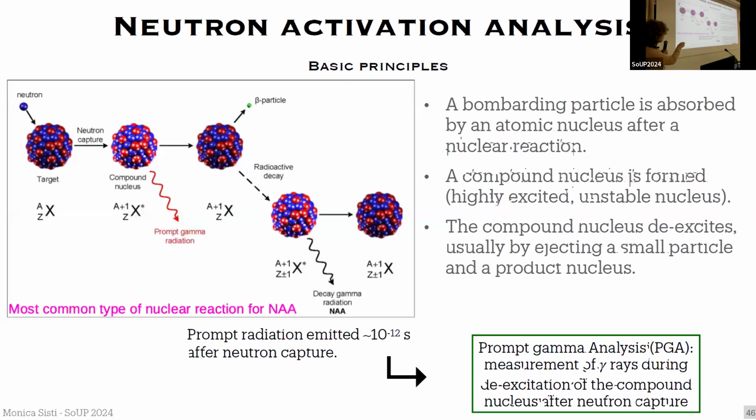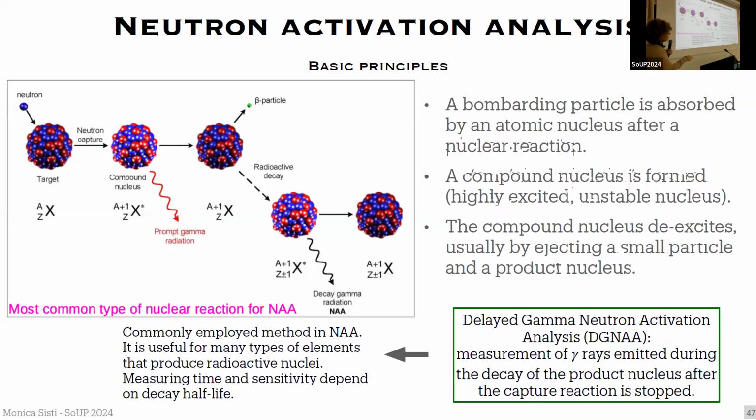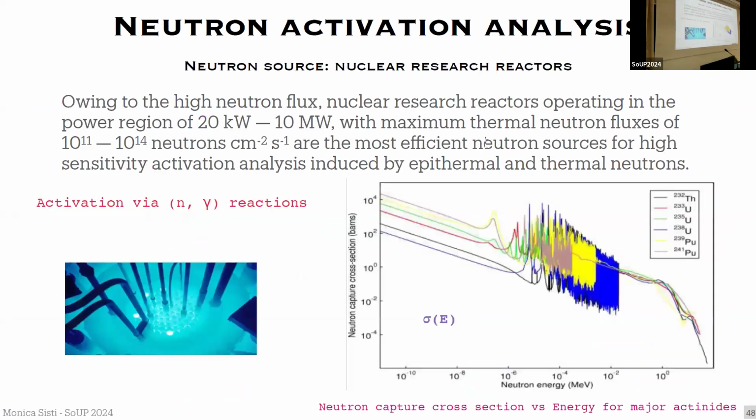So this is the prompt radiation that is emitted in 10 to the minus 12 seconds. If you want to make a test with this emission, you have to have a detector inside the nuclear reactor, for example. So this is not the usual way to go. And this is what is also called the delayed gamma neutron activation analysis, that is to detect the gamma from the beta decay of the activated nuclides. For neutron activation you can use some neutron sources, which have specific energies, but the most convenient way, of course, is to use a nuclear reactor,